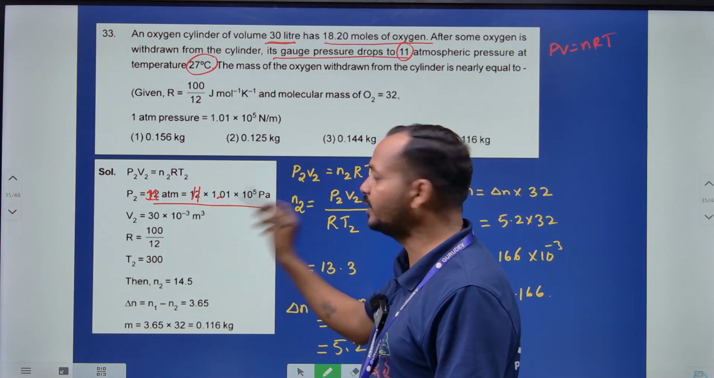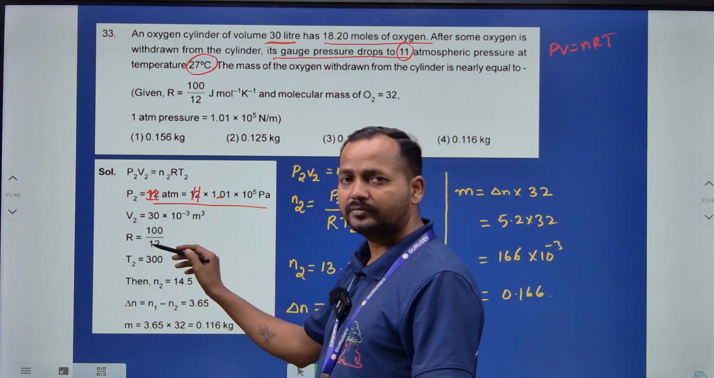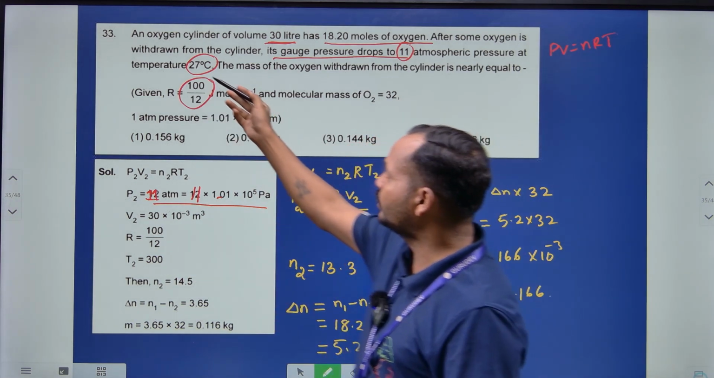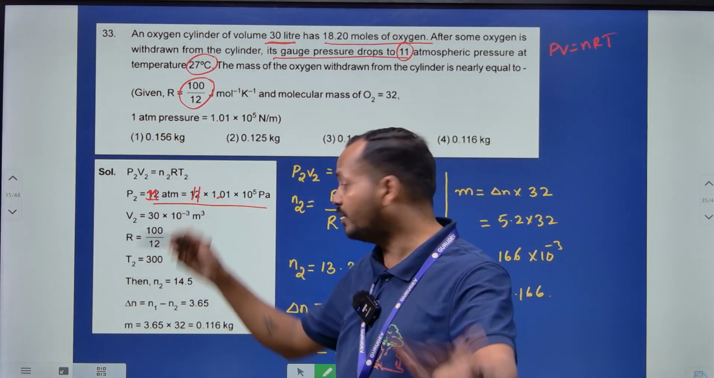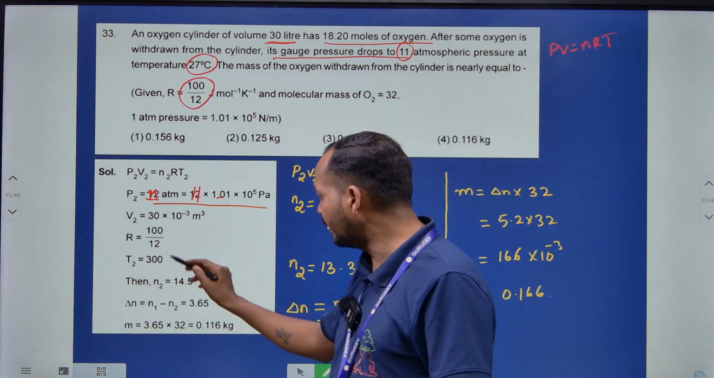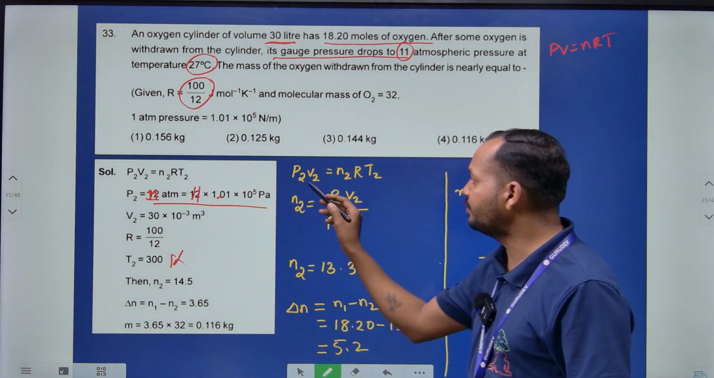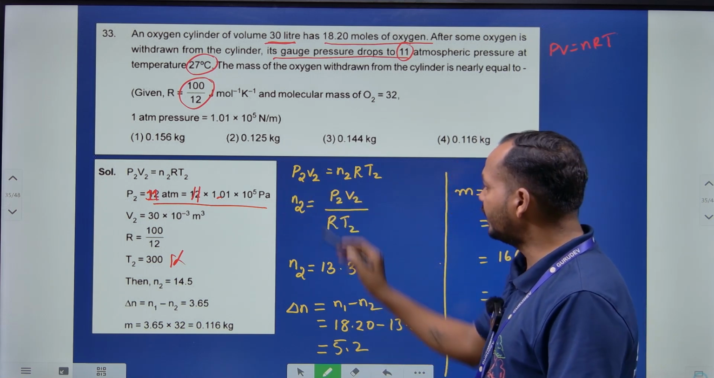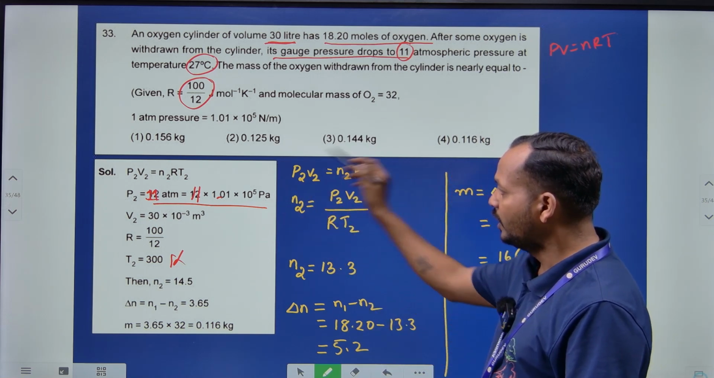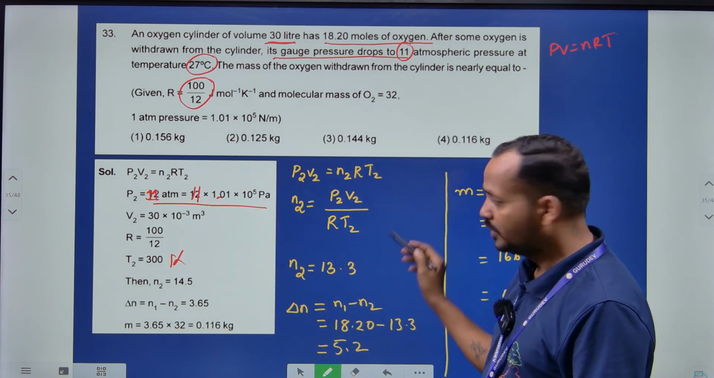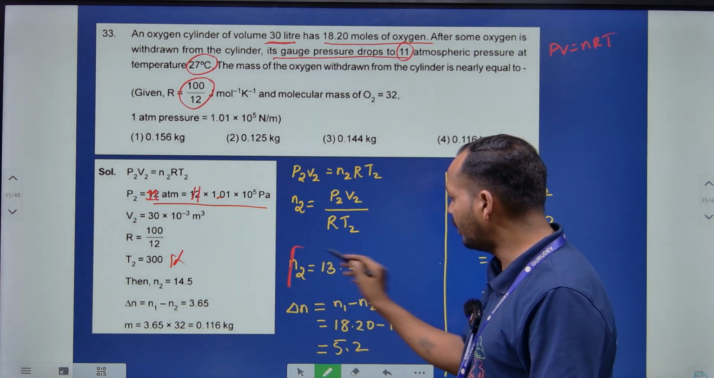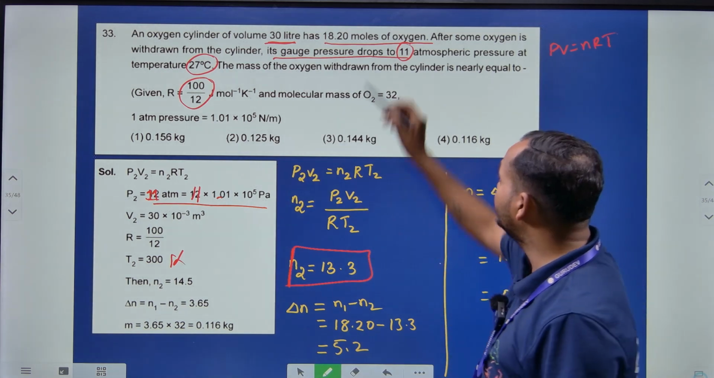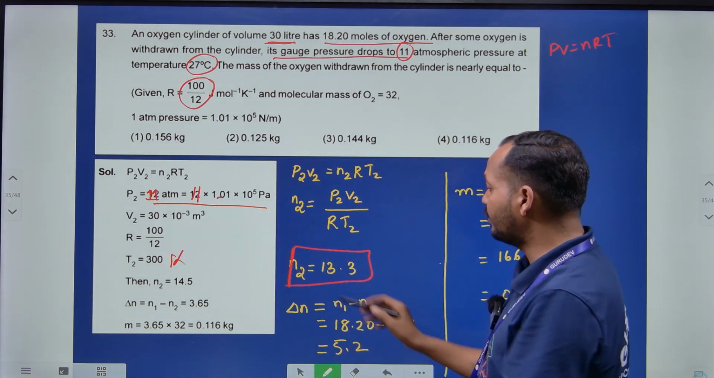देन R वैल्यू उन्होंने दिया है जो है 100/12, एंड T2 जितना 27 डिग्री सेल्सियस है आप उसको केल्विन में कन्वर्ट करोगे तो T2 इक्वल टू 300 केल्विन हो जाएगा। तो हमें यहाँ पे इस इक्वेशन से P2V2 इक्वल टू N2 RT2, यहाँ से हम N2 कैलकुलेट कर सकते हैं, जो N2 होता है P2V2 बाय R इंटू T2। अगर ये सब वैल्यू आप यहाँ पे सब्स्टिट्यूट करोगे तो आपका वैल्यू जो आएगा 13.3, राइट। तो जितना चेंज हुआ, जो इनिशियल था 18.20, अभी चेंज होने के बाद आ रहा है 13.3,